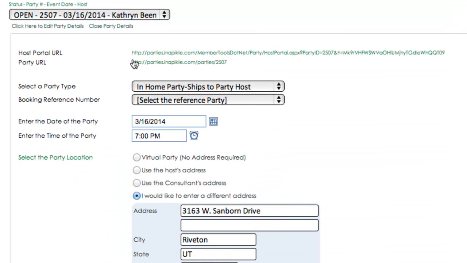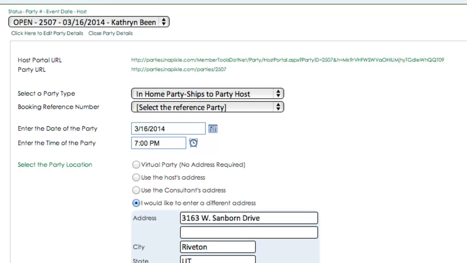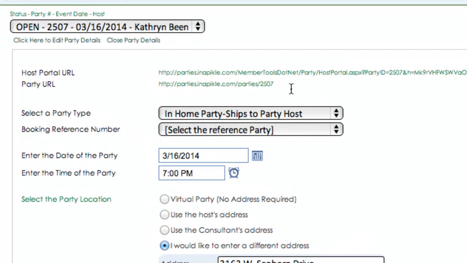The first thing that I want you to notice right here is there is a hostess URL, and again, that is the link that is automatically sent to the hostesses once you set up her party. And the second one is your party URL. So now that I know where the party URL link is located, I'm going to grab that link right here,